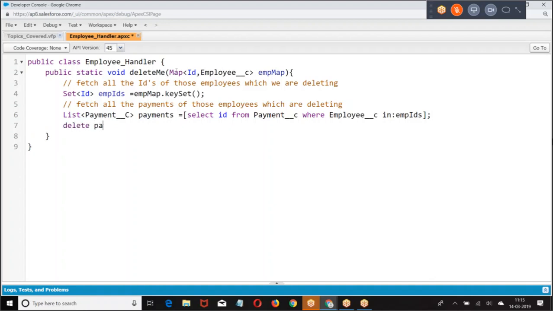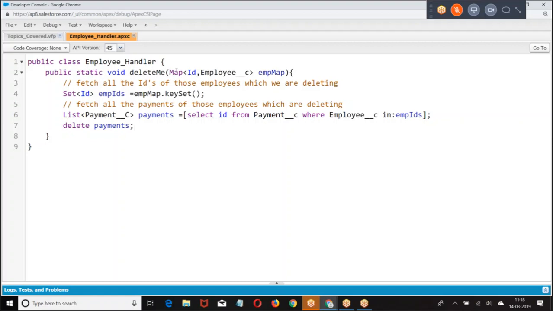And delete. What did I do? Fetch all the payments of those employees which we are trying to delete. First, find out which employees we are trying to delete, and write a SQL query to fetch all the payments of those employees. Delete the payments first. Once you delete the payment, there will be no child. When there is no child, we can delete the parent.